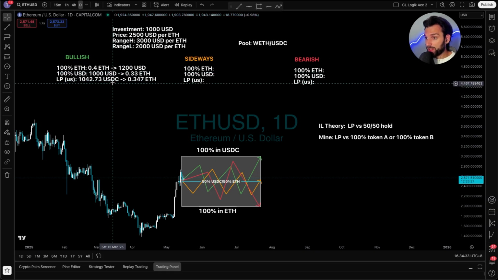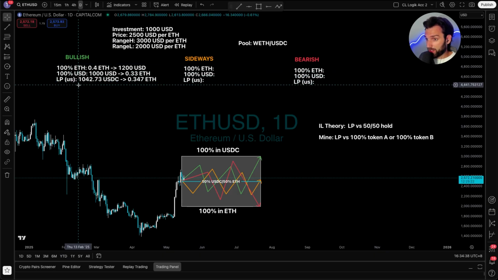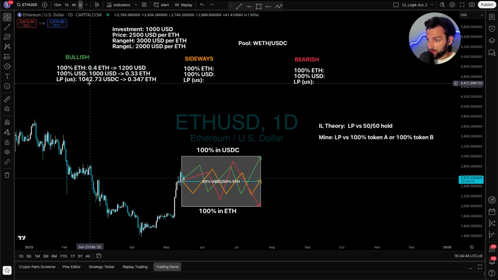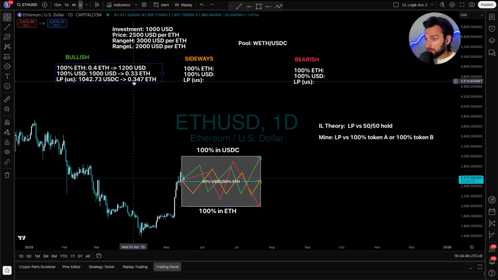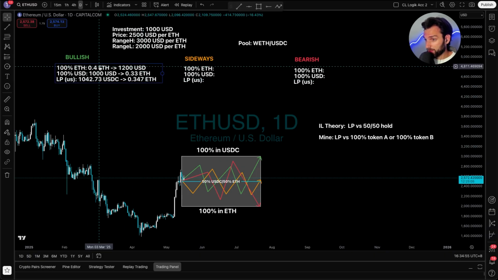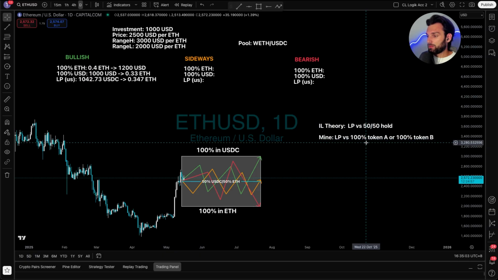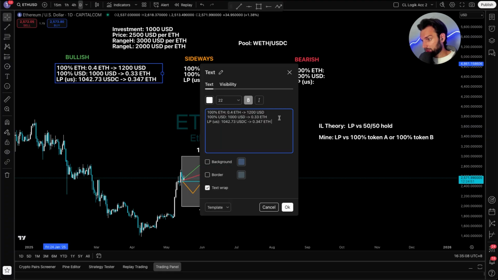And then there's us. We are second, right? We are in the middle. We do better than the one holding 100% USD because our value consists of 1,042.73 USDC now. And we can buy a little bit more ETH, of course, right? We can buy 0.347 ETH. We do worse than the number one, the first one, but we do better than the loser. So again, we do better than someone holding 100% of token B, and we do worse than someone holding 100% of token A. So what we forget here, of course, is that we need to add the fees generated